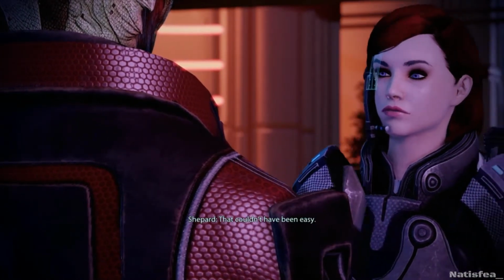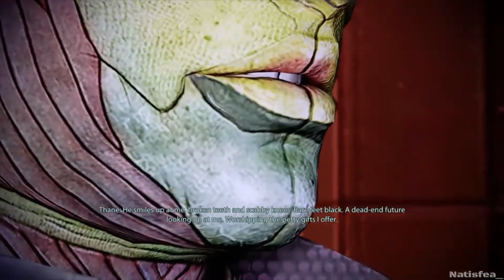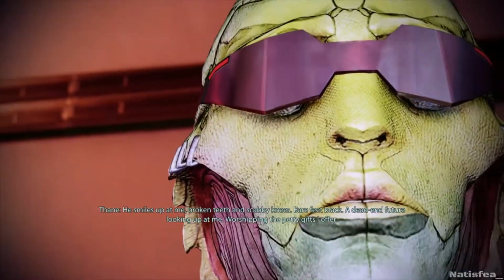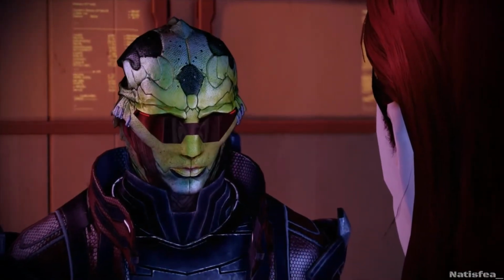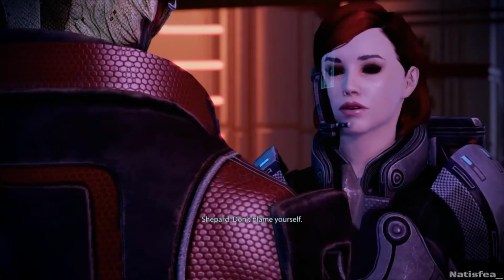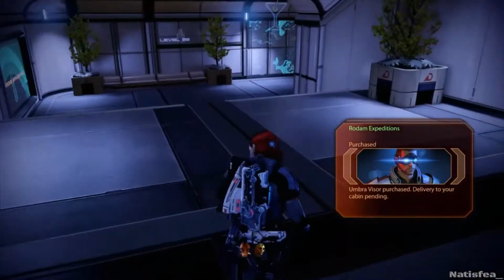That couldn't have been easy. Mouse knew more about my life than Kolyat ever did. He smiles up at me, broken teeth and scabby knees, bare feet black, a dead-end future looking up at me, worshipping the petty gifts I offer. I was the only good thing he had back then. But I left him, as I left Kolyat. Don't blame yourself. If I don't, who will? We must carry the...